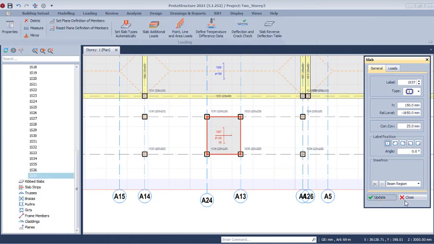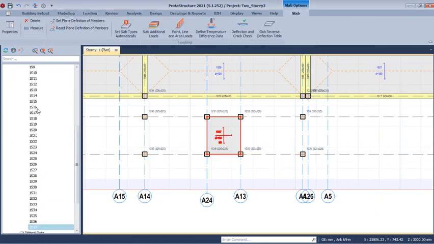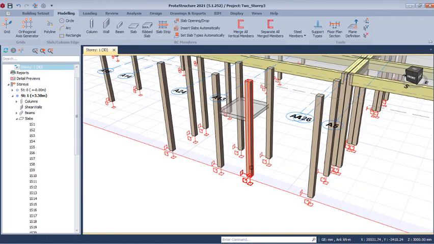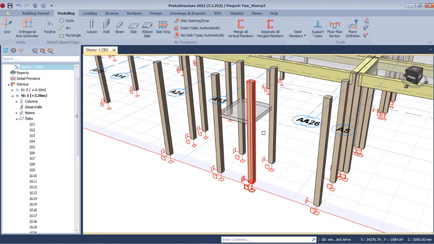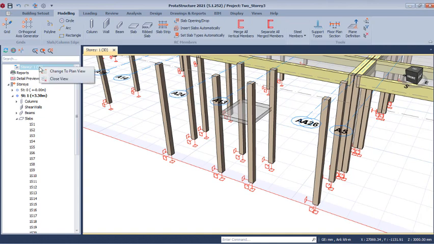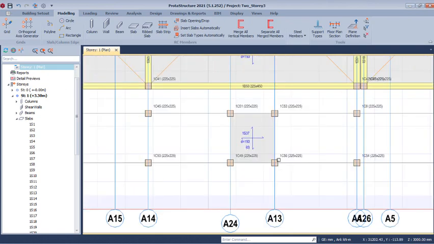After which, let's close this and check if it is actually correct. So we navigate to the 3D right there. Check this. All right, so you can see what we have there is actually correct. At this point we will move ahead to the plan view. We want to be placing the reinforced concrete slab as well,